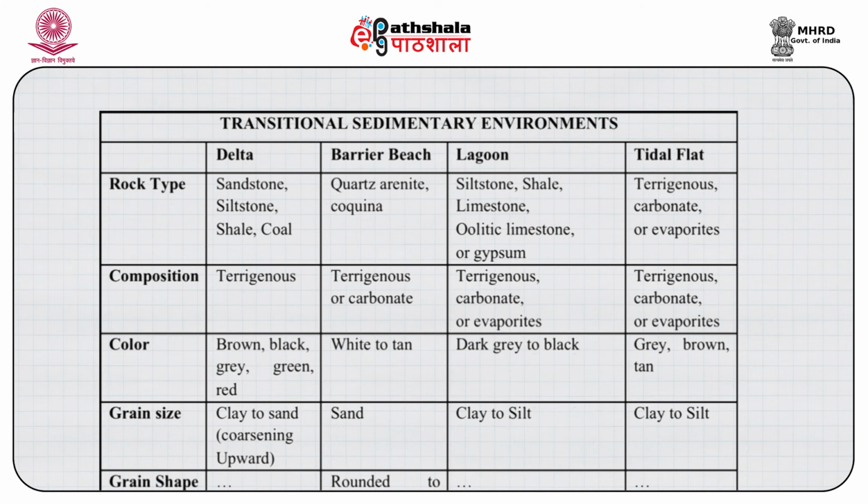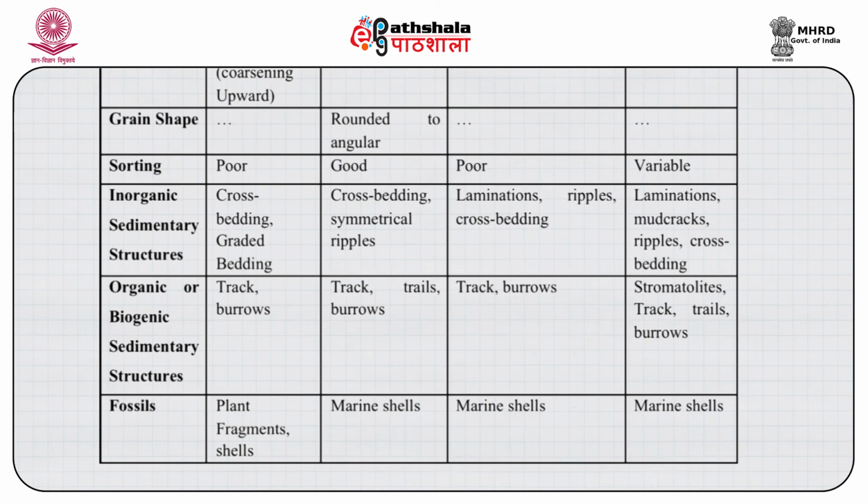Grain size varies from clay to sand. Sorting is poor. Cross bedding and graded bedding are very common. Trails and burrows are expected in deltaic environment. Plant fragments and shells are also abundantly present in